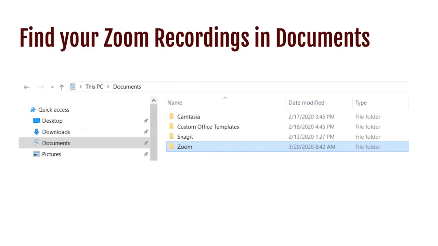Okay. And then after it's recorded, in the background, it's saving that file onto your computer. So these next couple of slides show us how to find the file. Typically, it's going to store it on your local computer in the Documents area, just your natural Microsoft operating system Documents area, in a folder called Zoom. Next slide.